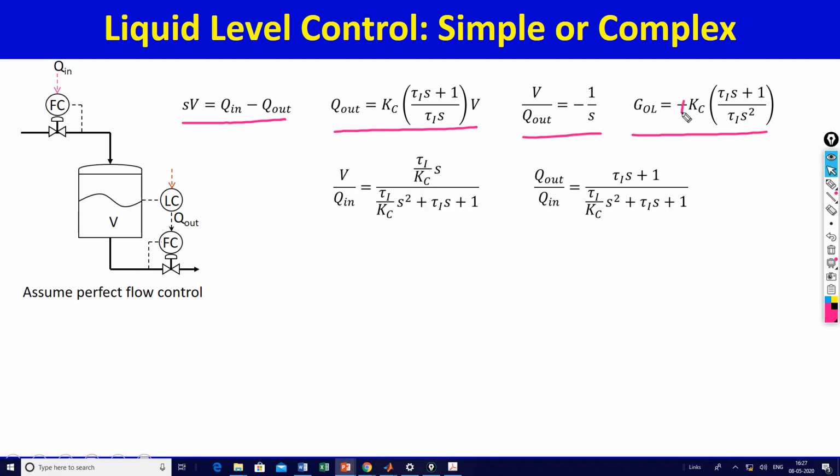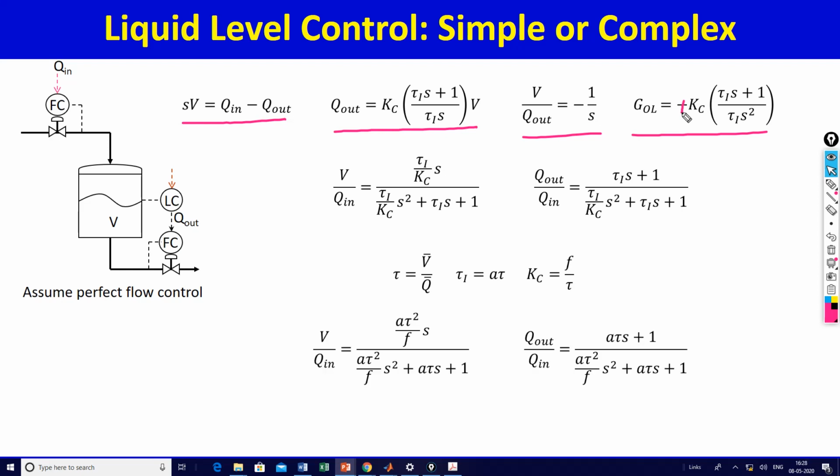and we continue, and if you do the math, this is what we get. And this is what I said, you use tau as the residence time of the tank and tau I as A times tau and Kc as F by tau. Then this is what you get, this is what we have derived. And if you look at the root locus of the system